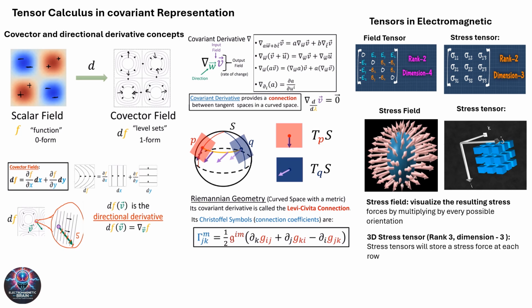To analyze electromagnetic forces in material media, we use the electromagnetic stress-energy tensor, T-mu nu. This tensor captures the energy and momentum distribution of electromagnetic fields, and field interactions with matter. In biological tissues, where dielectric properties vary, this tensorial approach is necessary to describe electromagnetic forces, wave propagation, and stress distributions within the medium. Additionally, the stress tensor helps visualize the mechanical forces induced by electromagnetic fields. The rank 2 tensor, dimension 3, encodes force distributions in all directions, revealing how electromagnetic fields interact with complex biological structures. By using tensor calculus, we ensure that these interactions remain consistent across different coordinate systems, making it a fundamental tool for studying electromagnetic processes in the brain and other